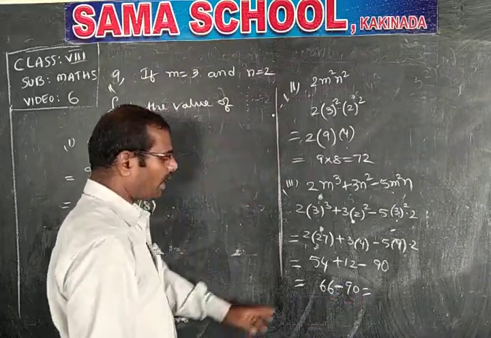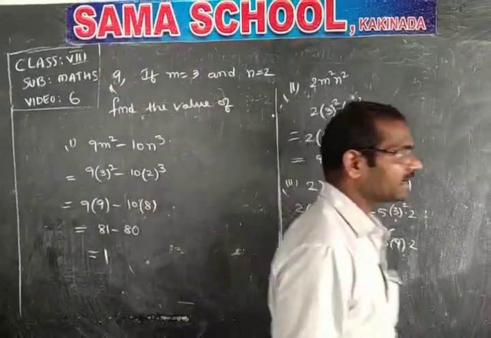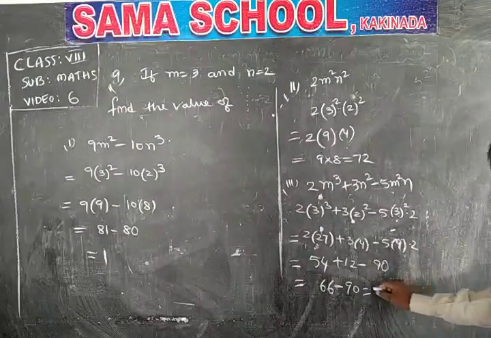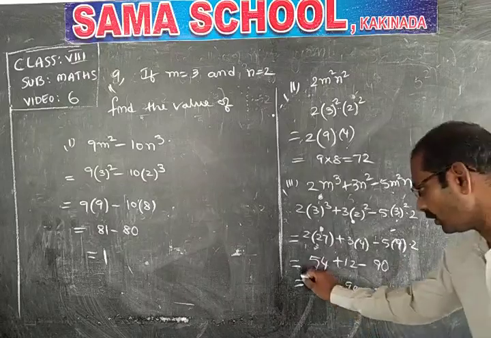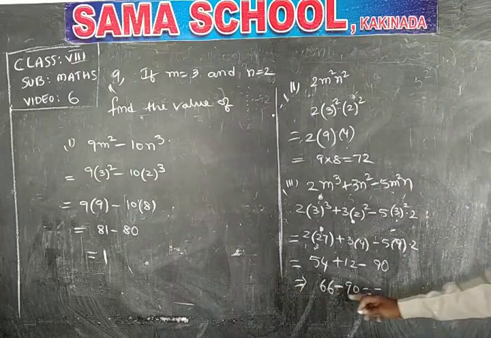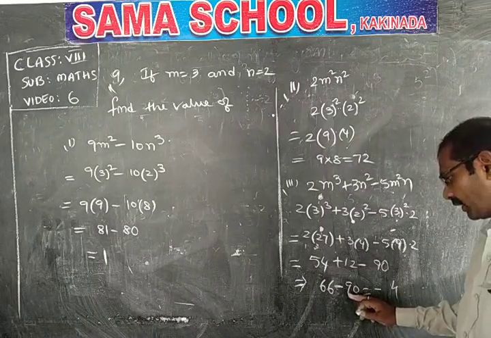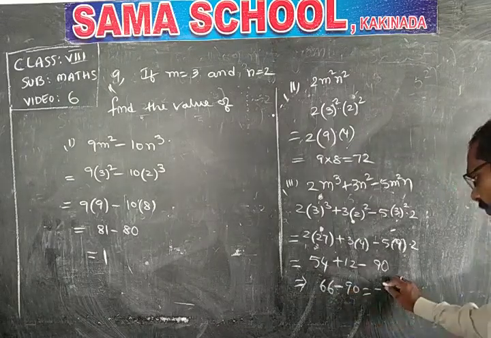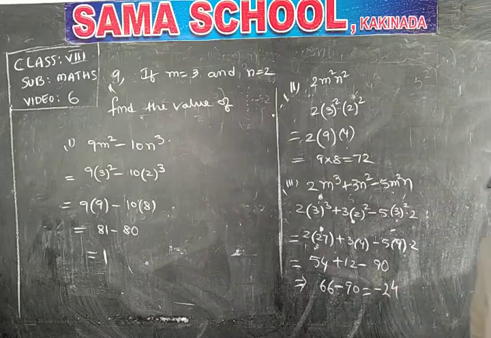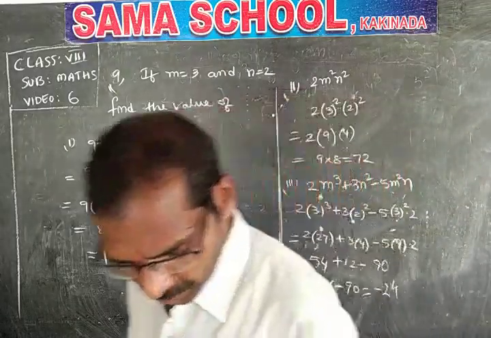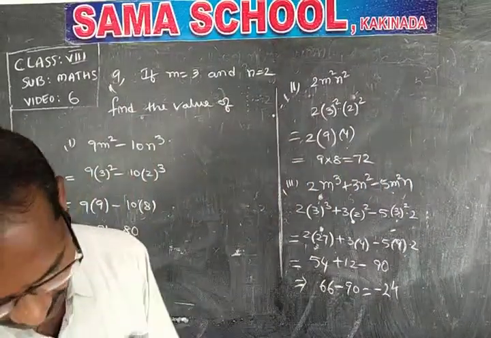Here small number minus big number, definitely the answer symbol is minus only. Both you have to subtract. Here 10 minus 6, 4. Here 8, 8 left here. 8 minus 6, 2 only. So the answer is minus 24. So in this, the last sum is there, in the Roman numerals.